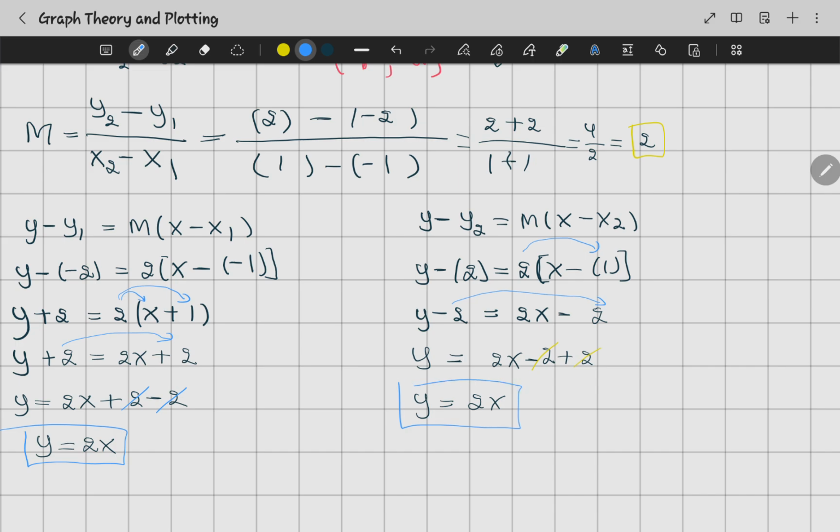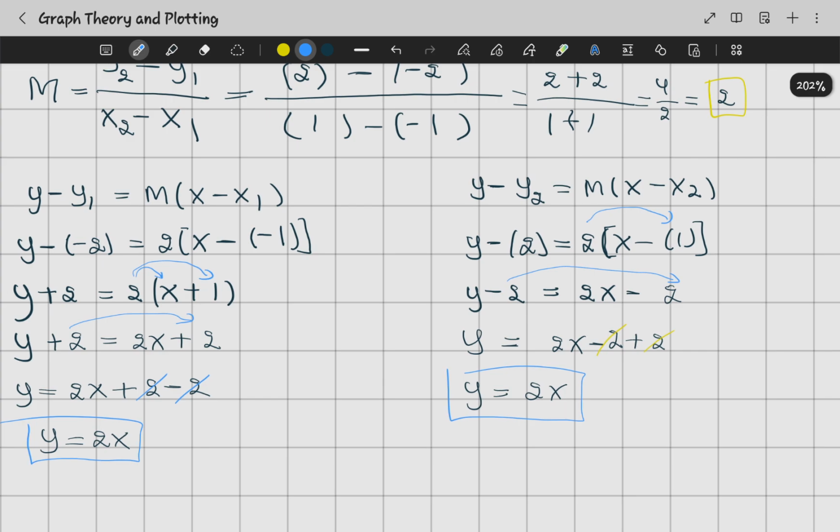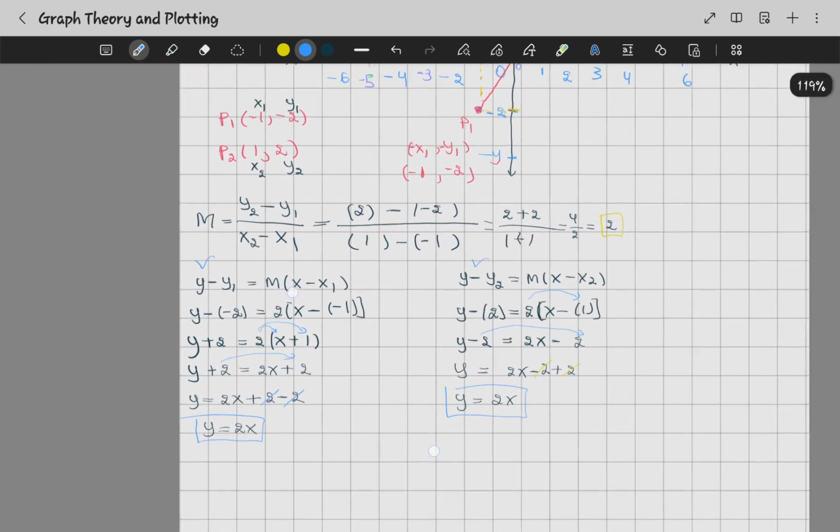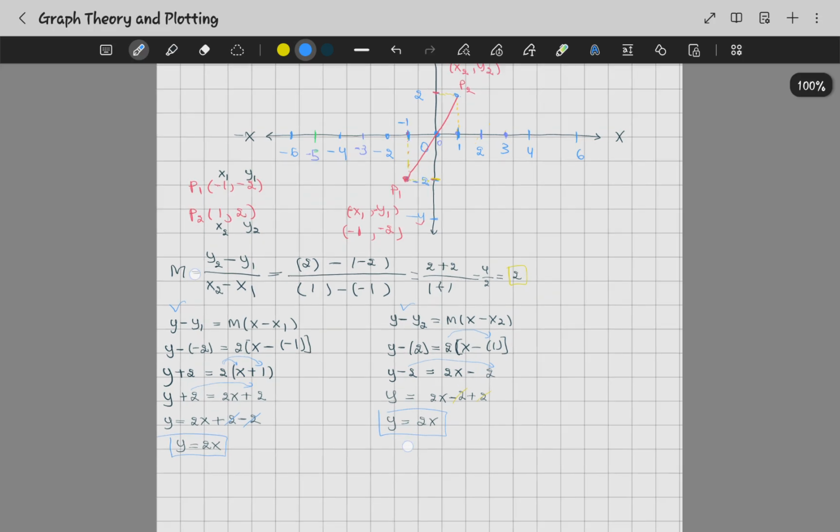And as you can see, it's actually similar. We got the same answer, so meaning you can either use this formula or this other formula. Okay, so this is how you find the slope of the tangent line. So this is the equation that we'll get, so meaning